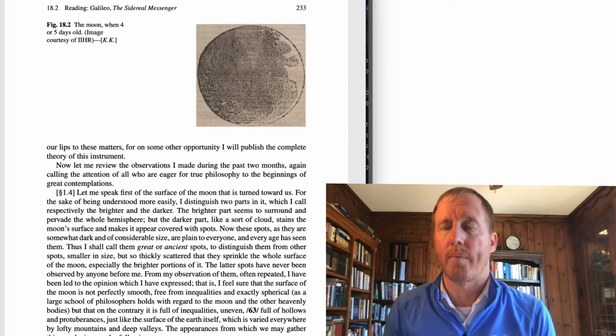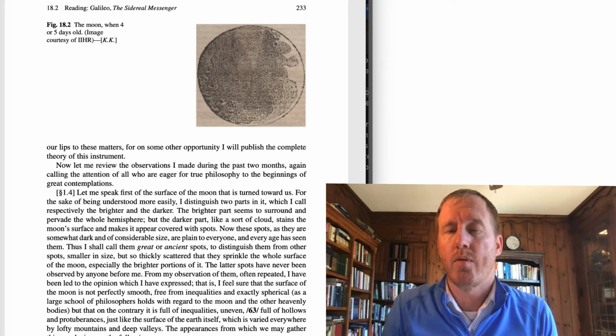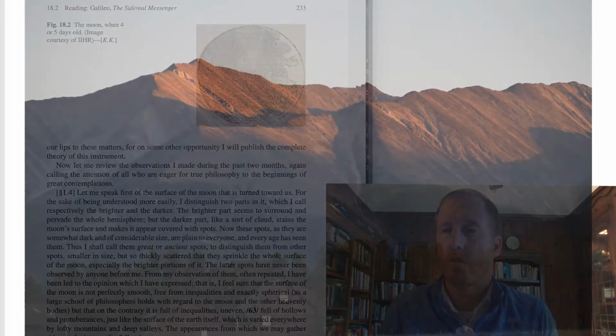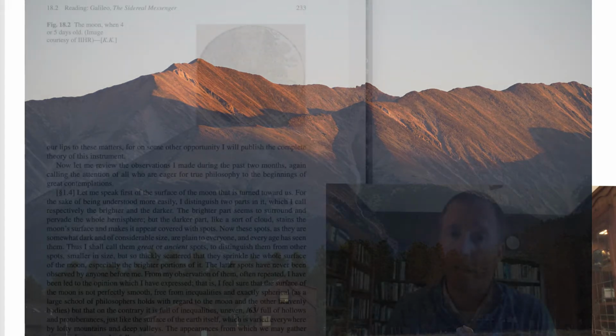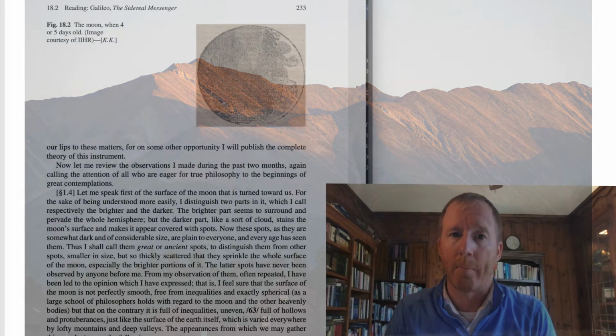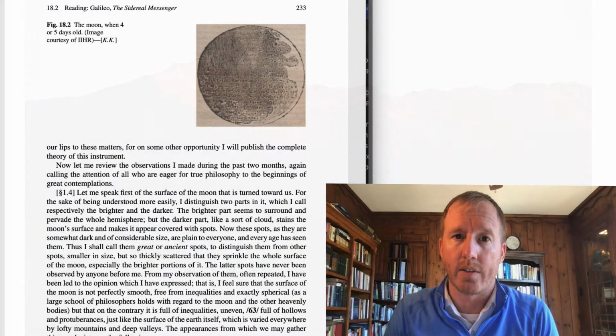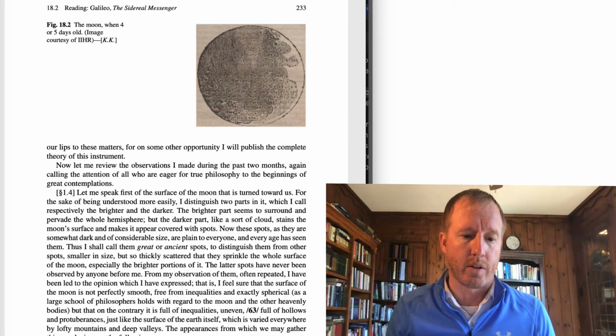It's almost like if you've ever been in a place like a valley during sunrise. As the sun rises, you see, first of all, the sun illuminates the very tops, the peaks of the mountains, and as the sun gets higher and higher, the bright orange color that's illuminating the tops of the mountains creeps down the mountains until it finally illuminates the valleys. That's exactly what Galileo says appears to be happening on the moon as the sun rises compared to the moon. So that's something he points out.